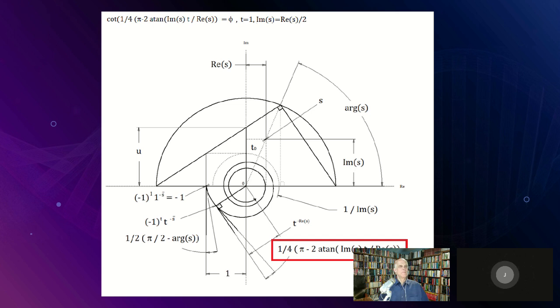Here, if we take the cotangent of this in the lower right-hand corner, when the imaginary part has a certain relationship to the real part of s divided by 2, and t equals 1, the initial 1, you end up with the golden ratio. So that's connected to the values of the zeta function and all of our geometry. So what that inspired me to do, well, one, it gives this really weird identity, which I don't know if I have in the next slide, which is this.